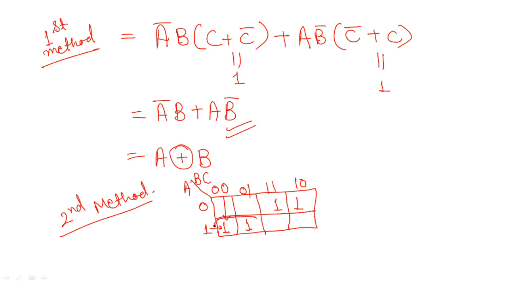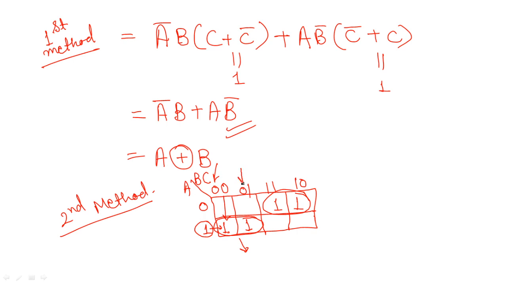Now start making the pairs or enclose the number of ones which you can enclose, whether 2, 4, 8 or any numbers. Once you have enclosed them, now since they are going to be one single thing, earlier they were two different things, but now they are one single thing. So in this case, what will happen? Whatever common values we will have, we will just consider them.